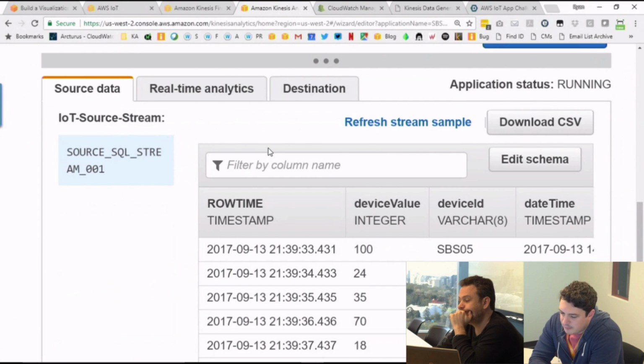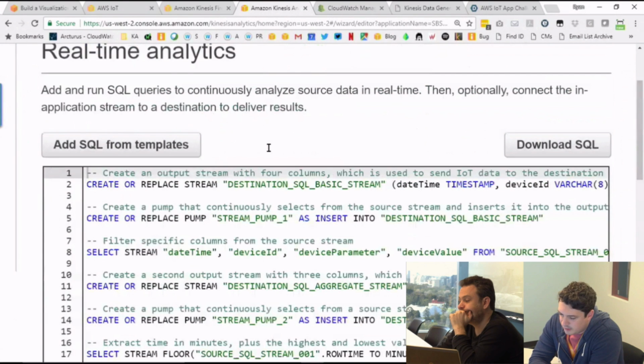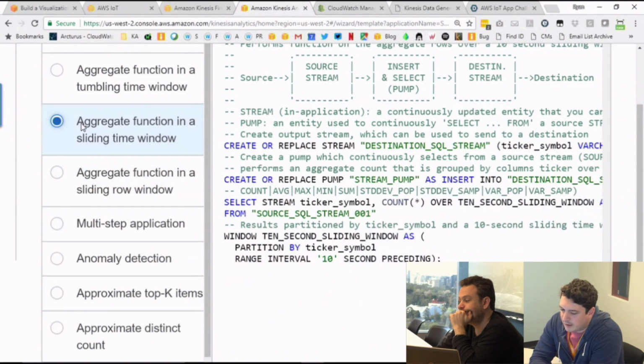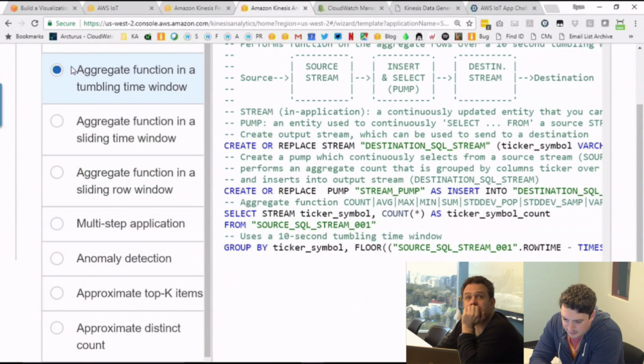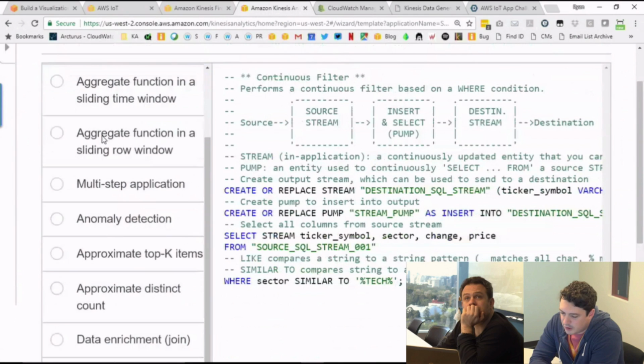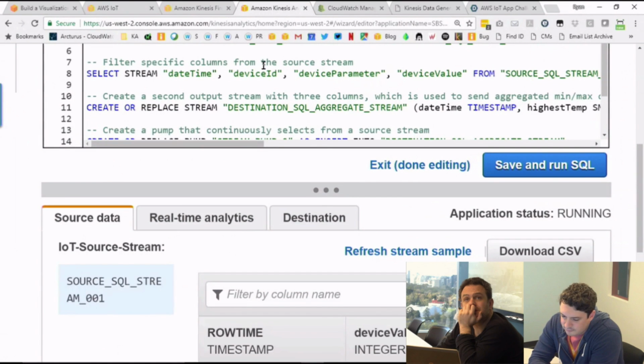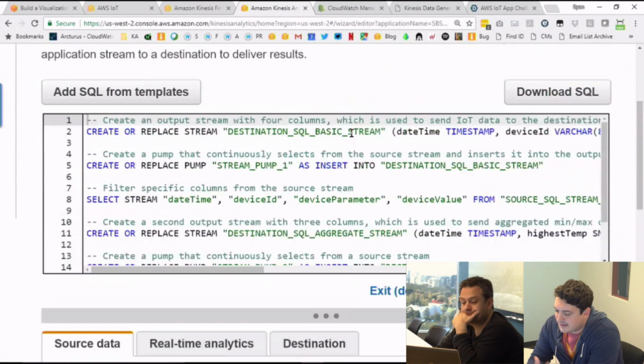There's a number of templates you can use to get started: aggregating during a tumbling time window, a sliding time window, applying a continuous filter. I'll walk through what the code in the blog post does first, but there are some other ideas here, and we have a SQL reference guide that you can pull additional examples from. For the most part, this is standard SQL. There are some extensions that we have.